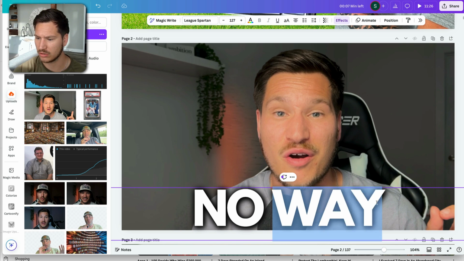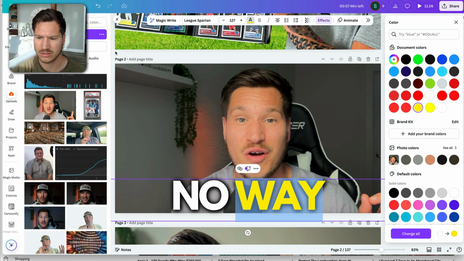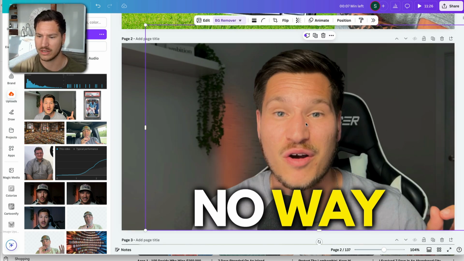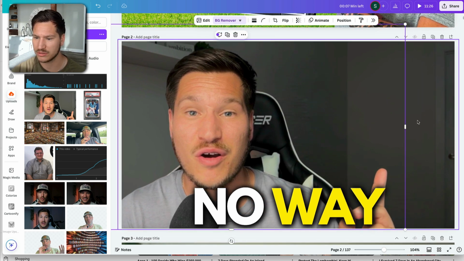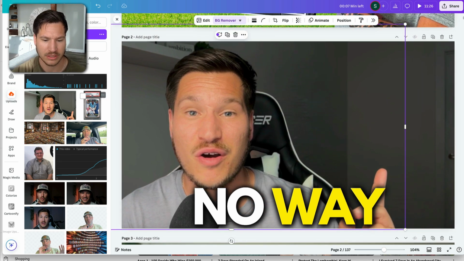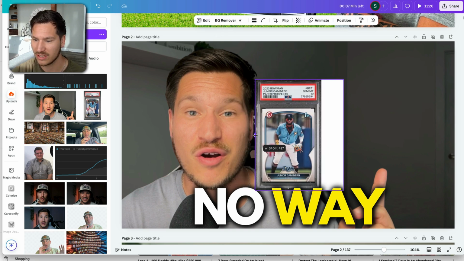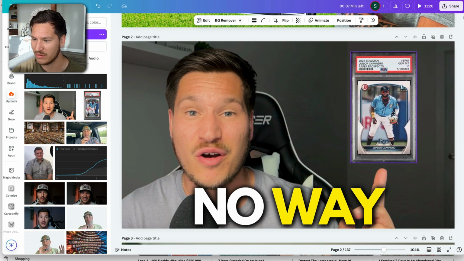So maybe I change the color of this to, usually we use yellows or reds. So we'll use a yellow. No way, right? Something like that. Okay. Now, if I want to move it over here, maybe because I want to point at something, I can just move it over here, and then maybe just because I have this in here, I have a sports card. I'll put this in here, and then maybe I put whatever the item is, and I point to